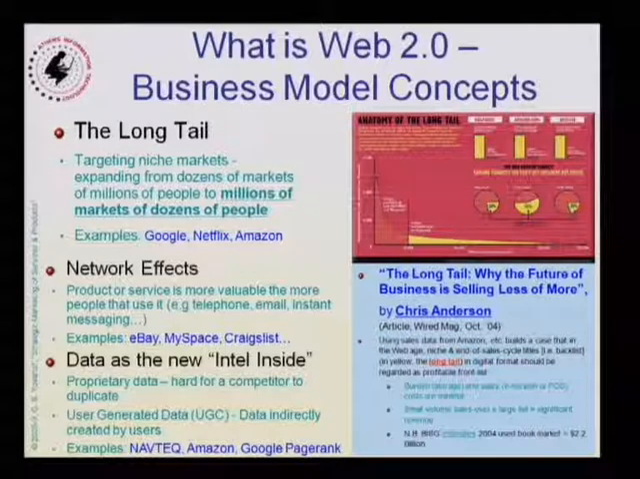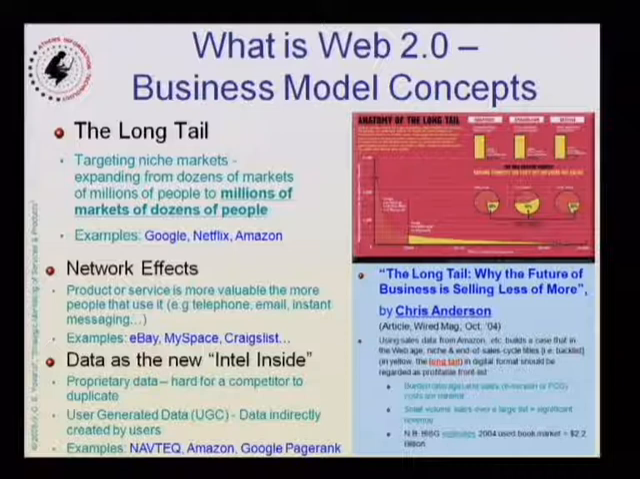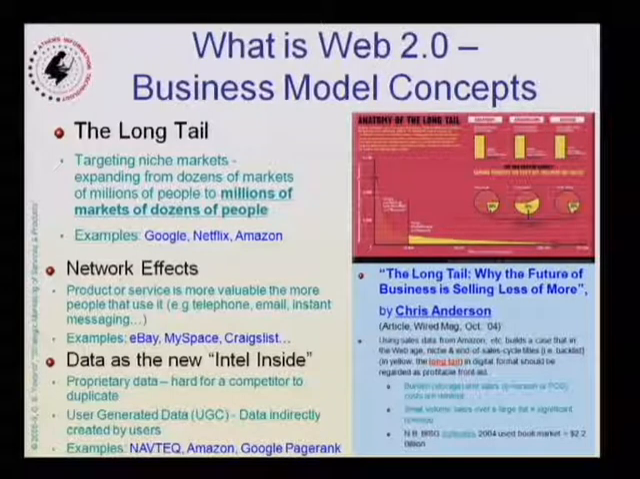Of course, in addition to that, we have network effects that make a product or service more valuable the more people use it. And finally, another key trend is data as the new Intel Inside. Proprietary data, which are hard for a competitor to duplicate, become the core assets of major companies. At the same time, we have data contributed directly or indirectly by the end user. So we have the key movement of user-generated data or content, which powers most of the businesses today. So that's the situation. But let's see